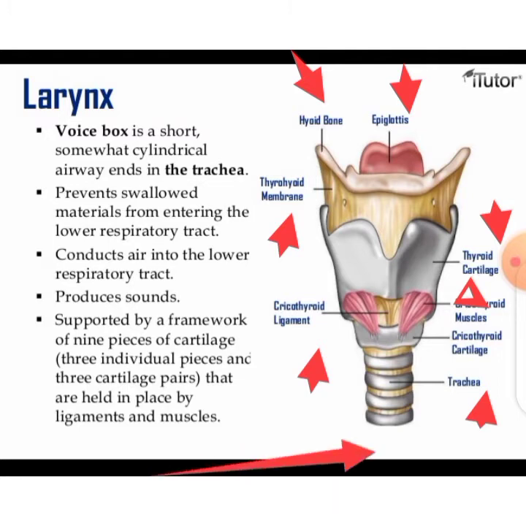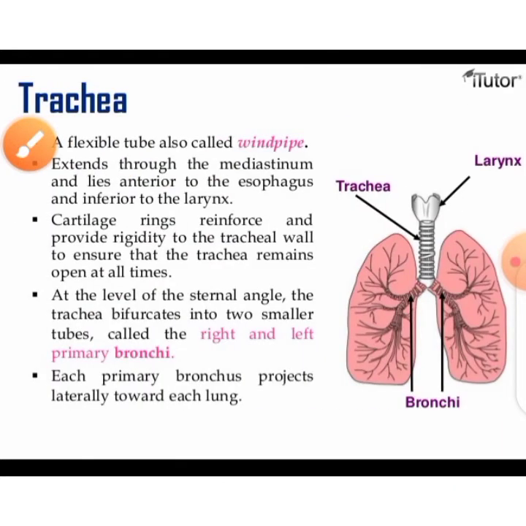So we're going to look into the trachea itself. Mind you, the trachea is also known as the air pipe or the windpipe. It's a flexible tube. It extends through the mediastinum and lies anterior to the esophagus and inferior to the larynx. Cartilage rings reinforce and provide rigidity to the tracheal wall to ensure that the trachea remains open at all